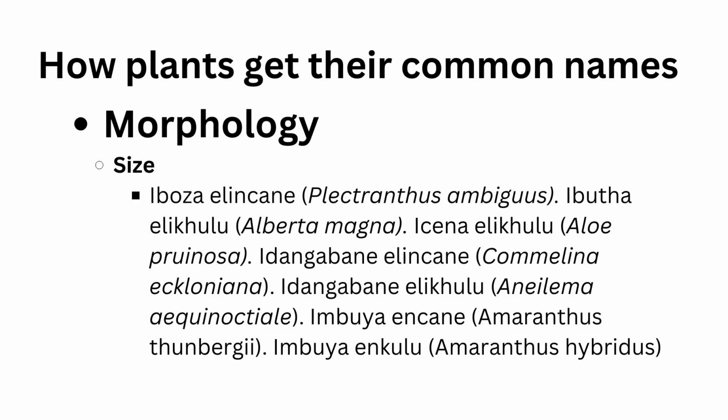You also have ibuta elikhulu, which tells you that this type of ibuta is bigger than the average in that genus. You also have iqena elikhulu and iqena elincane, which tell you the size of these type of